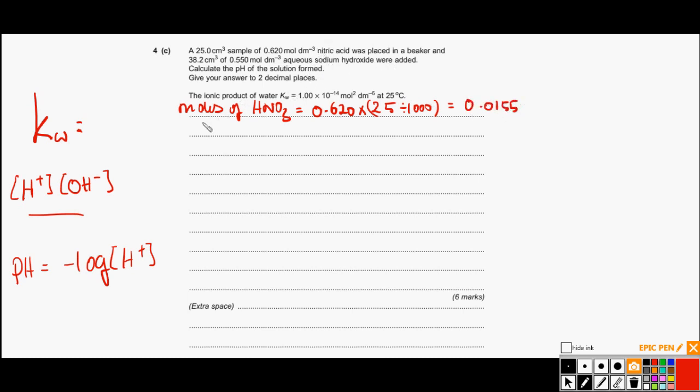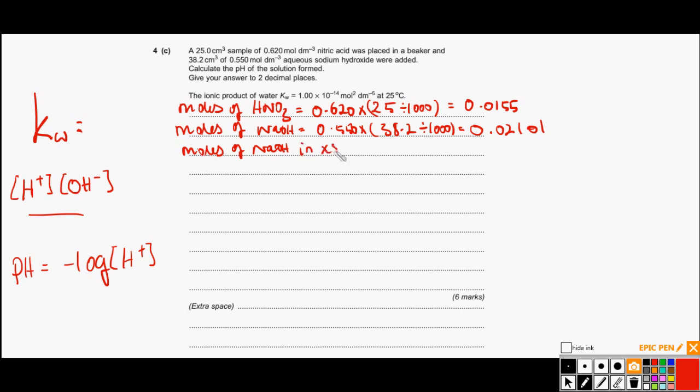And then we can calculate the moles of sodium hydroxide, NaOH, and that's equal to 0.550 times the volume, which is 38.2, divided by 1000, which gives us 0.02101, sorry. And notice we have an excess of sodium hydroxide, so moles of NaOH in excess, again abbreviated,